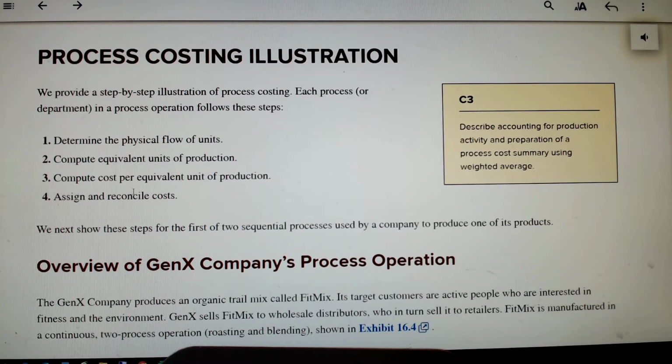Now, this is a four-step process. We're going to talk about the 4 steps in doing the month-end allocation of costs, which we'll see. I'll lay out exactly what it is that we're trying to do. We follow these 4 steps: first, determine the physical flow of units. Second, compute the equivalent units of production. Third, come up with a per unit cost. And fourth, using those per unit costs, assign those costs to the units completed and the ones that are